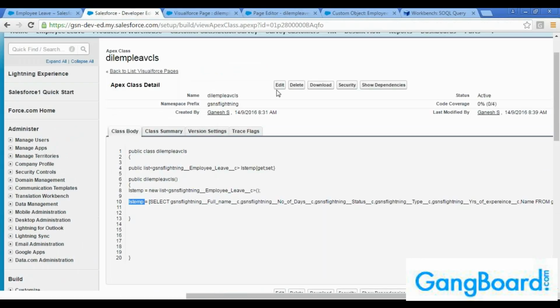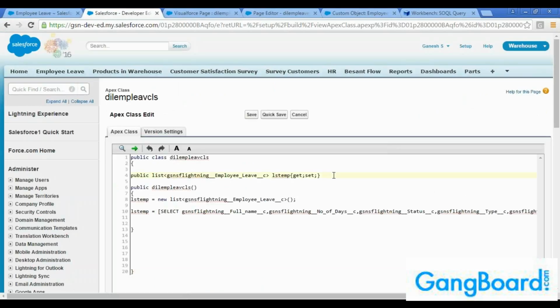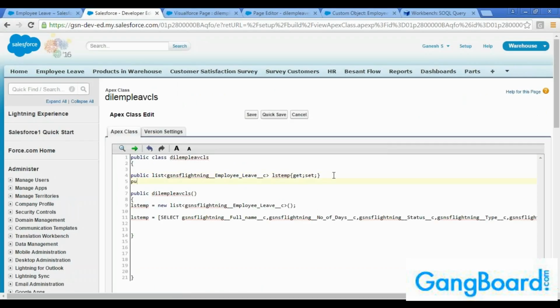So I'm going to use one string actually here. So public string yes, and I'm going to use get setter here. So for search functionality actually,